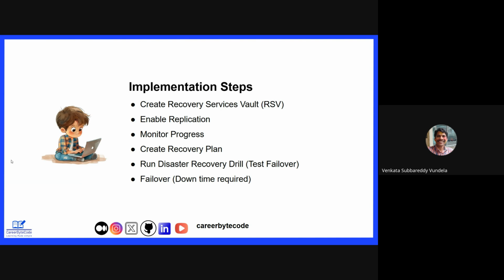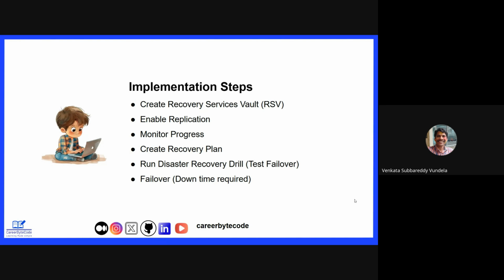Yeah, thanks, Karthik. You explained very well what DR is, and why we need DR for big organizations and for production environments. So now let's see how we are going to implement it in Azure, what steps are involved during the implementation, and what the prerequisites are. Let's start with the implementation.